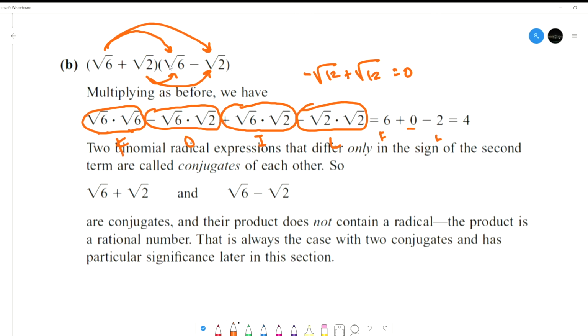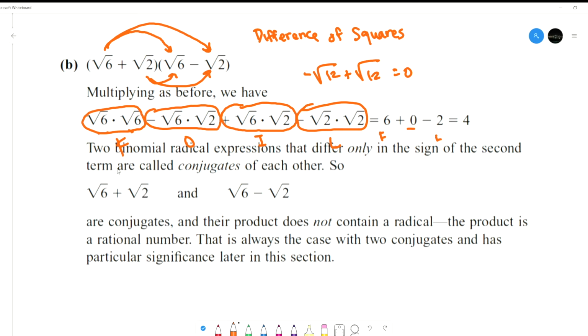So this was called a difference of squares. Do you remember that? Difference. I told you this was an important concept, right? Difference of squares. The middle two will always cancel out. Then you have 6 minus 2 is equal to 4 as your final answer. Okay? Now, quick